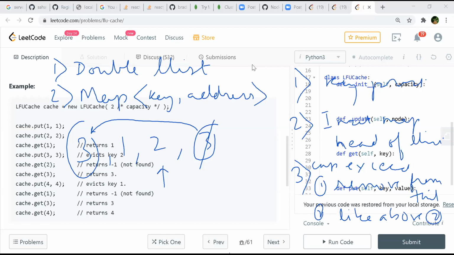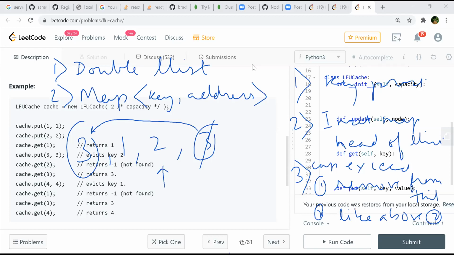What, Dilip? What was that about? There was a condition about if you need to remove an element from this LFU cache, and if both of them have the same frequency, which one do we need to remove? In this case, our approach won't work, right? It works. If we have two keys of the same frequency, how do we decide?